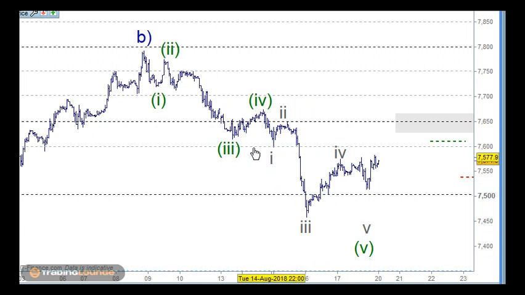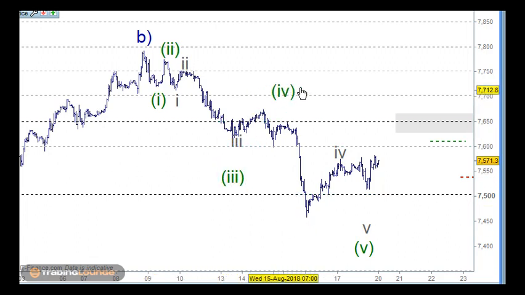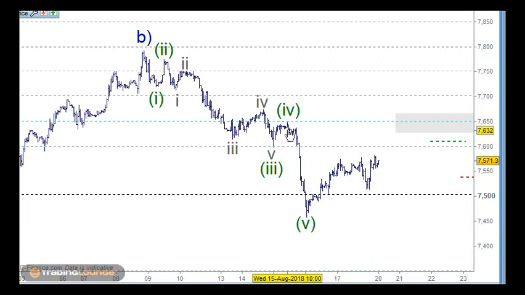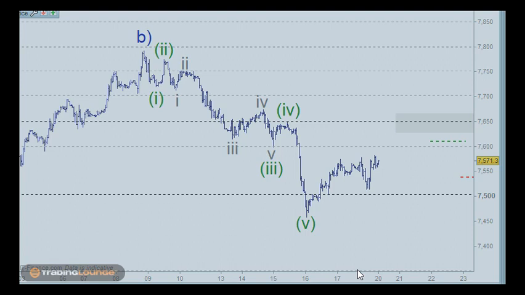So I could count this differently here. I could count this like this here. 3, 4, and 5 here for the third wave, making this one here and a fourth wave here. But the fourth wave makes it a bit short here. But what it does do is it does finish it off here, and that would just be the fifth wave straight down to this point here. So I don't know if that's the case, because this fourth wave here is smaller in size than this fourth wave, which doesn't really bode well. But I know that things can get skewed across important large numbers, and this here is an important large number. So we won't really know if the whole change in trend has occurred, but